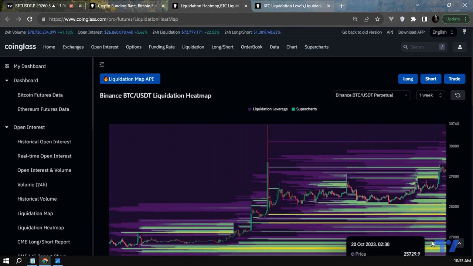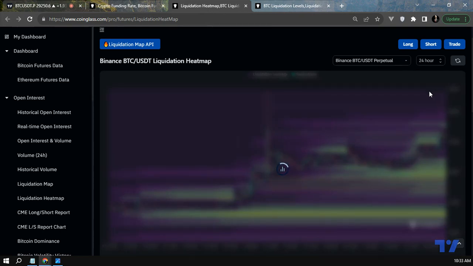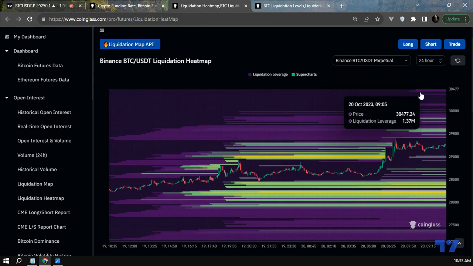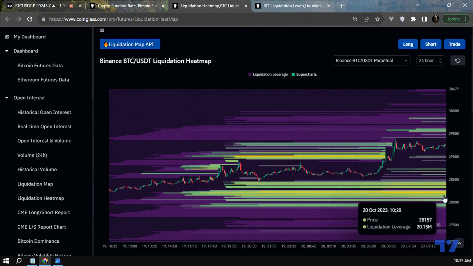That works out. Now, if this is the 1 week liquidation heat map, you could see the spread below the price that we are right now, essentially around 28K and around 26K. There's a lot of orders lying around here that needs to be taken. And there are some orders around here that maybe we don't know if they're going to get taken or not, but will the orders stay there? So the 24 hours, we see a little bit of order around here, worth 8 million, but again, around here, 28.2 and all the way to 27.9, the spread here is enormous,